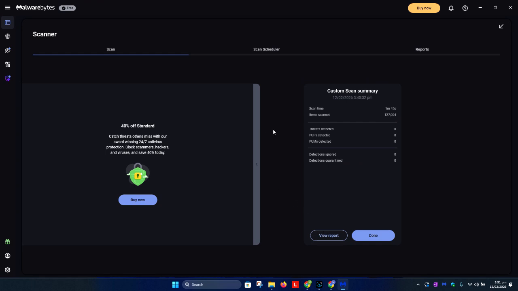So now that the scan is completed, if it has found any threat, it should say threat detected, shows you the number, and it should show you also the detections quarantined. And this is enough to clean or to clear the device from any kind of viruses, including Trojan, including malwares, and also including